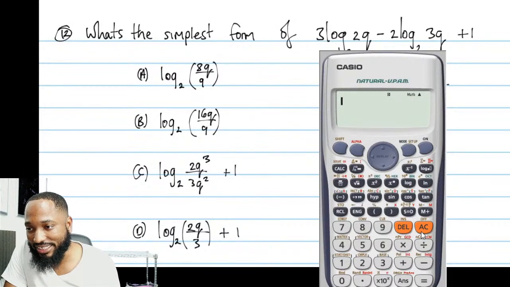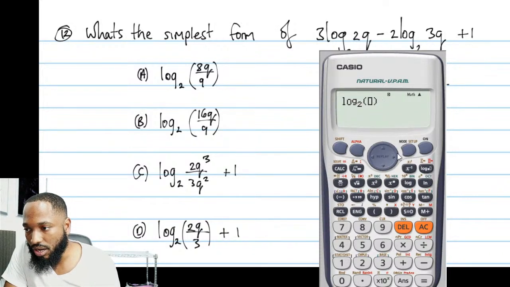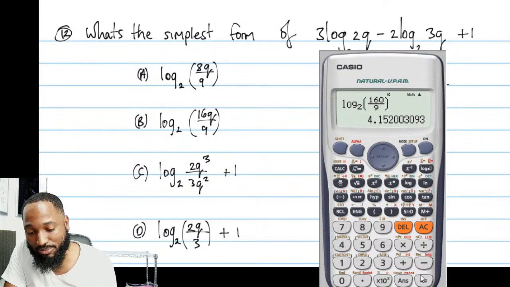And now we come to the answers, we go in and check and see which answer is going to hit that. You've got a nice method here to double check in case you're feeling unsure. So remember I let Q be equal to 10. So when I see 8Q, I'm going to put 80 over 9. That is not 4.152. Check the next one. Log to the base 2 of 16 over, no, it's 160 because Q right there, over 9. 4.152, the answer is B.